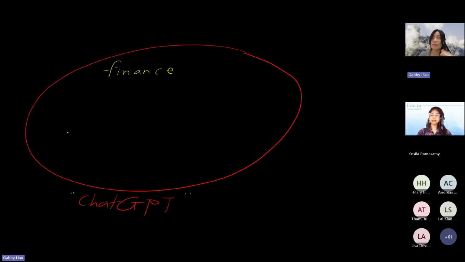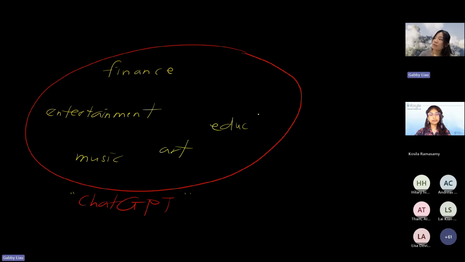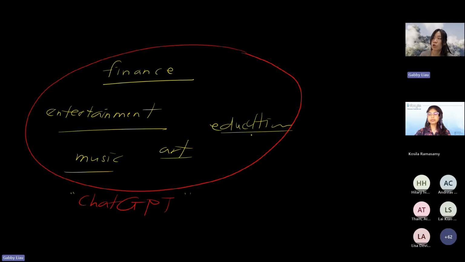Aside from finance, ChatGPT will also be trained with some entertainment information as well: entertainment, music, art, education, and many more. The key point I want to tell you here is that ChatGPT is like someone who knows everything, because the people who own it train it with lots of information from different domains. So that's why even some of us are working as HR.